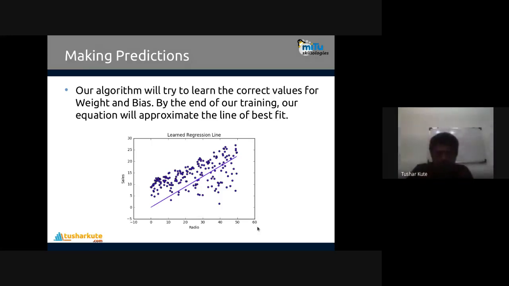For example, you can check, radio is 60 and sale is 30, but I want to check when the radio advertisement input is 100 million dollars, which is not in the data set. Then how to predict it? When you extend this line ahead, wherever the 100 is crossing, the value of sales, or y, present there will be your predicted outcome. The predictions will be done by this method, by extending that line and seeing what value of y is present when you have specified the x input. That's how the line of best fit is used.